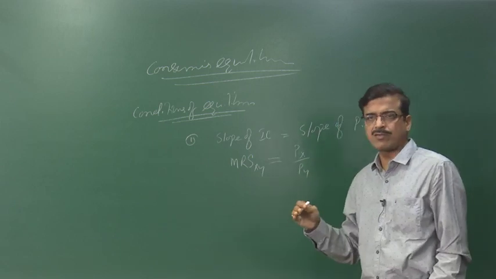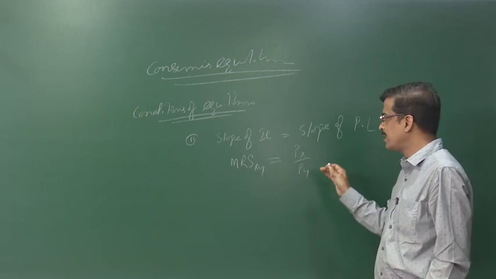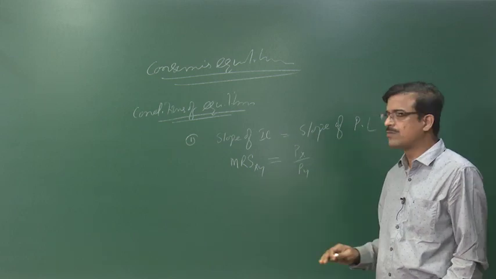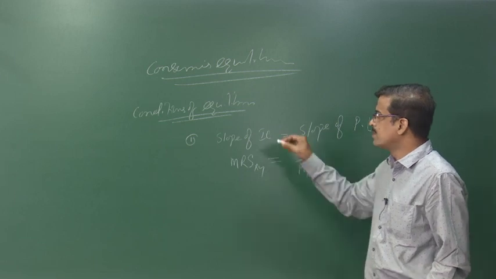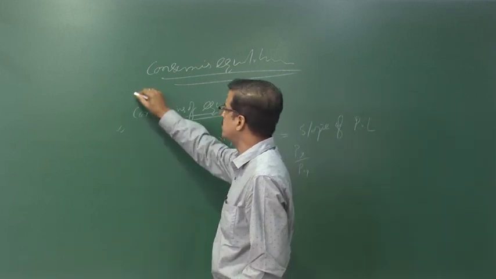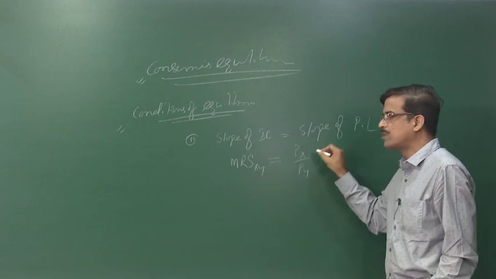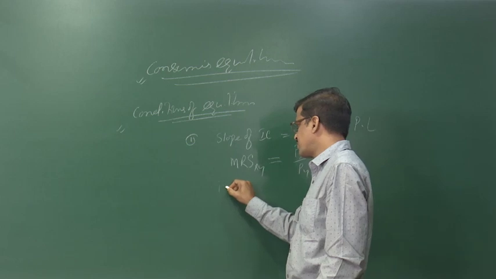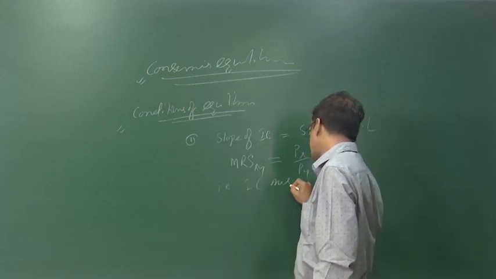I will show you how these slopes are calculated. It is already explained in the previous class, still I will explain it again today: how to calculate the slope of the indifference curve and how to calculate the slope of the price line. So, the first condition of the consumer's optimization of his goal is that the slope of the indifference curve must be equal to the slope of the price line. What it reflects is that the indifference curve must be tangent to